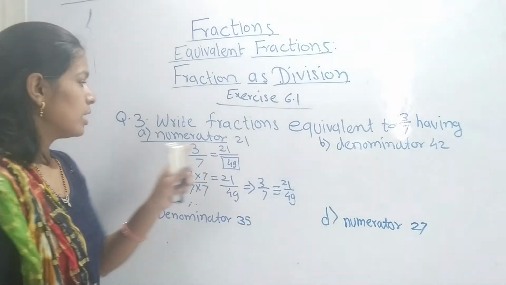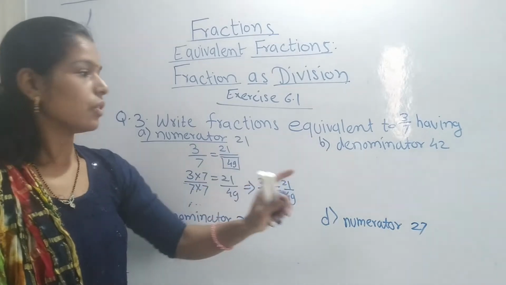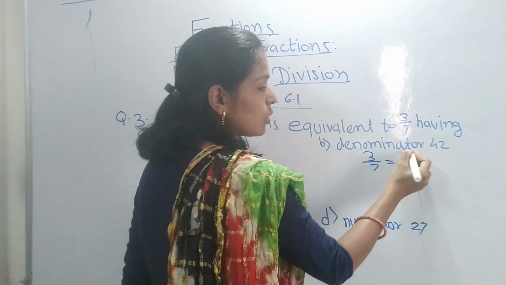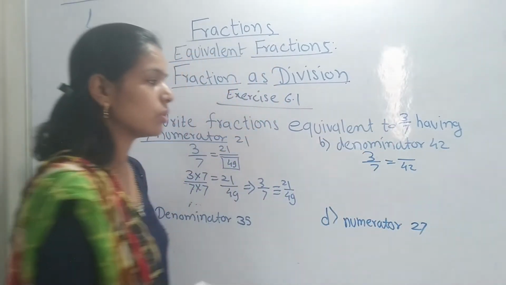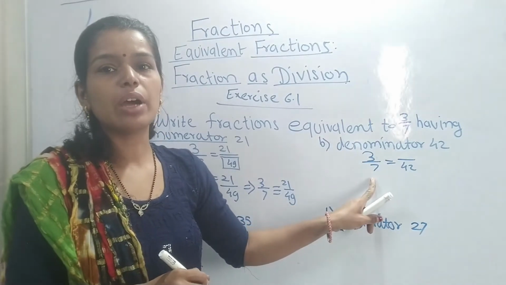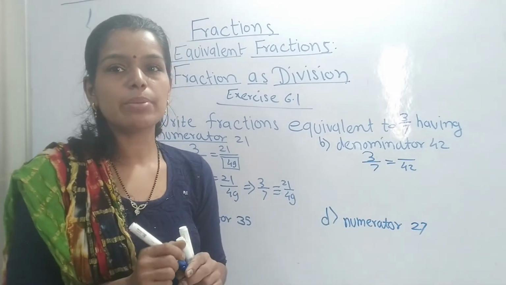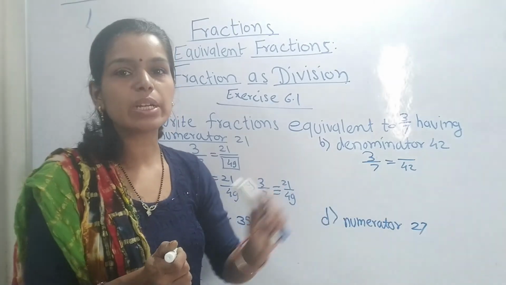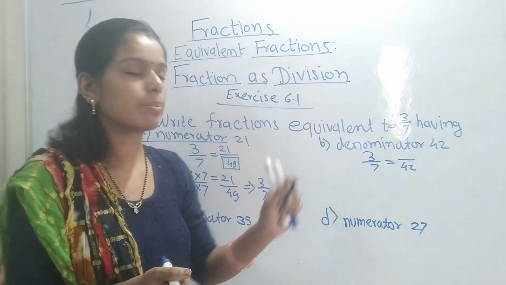Let's see the second. Here the numerator was wanted. Now here the denominator should be equal to 42. Okay, so here what will happen? 3 by 7 is equal to which number upon 42? Because the denominator should be equal to 42. So, to the 7 you have to multiply by some number to get the answer 42. So, in the table of 7 we know that 7 6s are 42. So, to the 7 you have to multiply by 6. So, what you perform on the denominator, to the numerator also you have to multiply by 6.